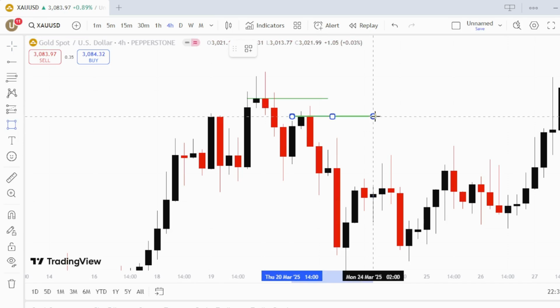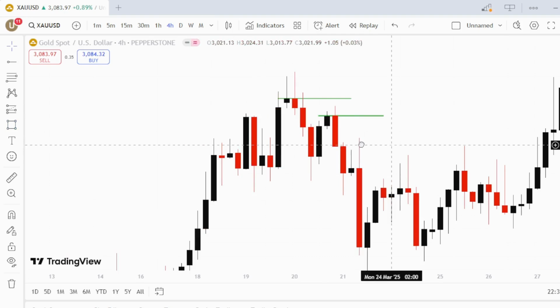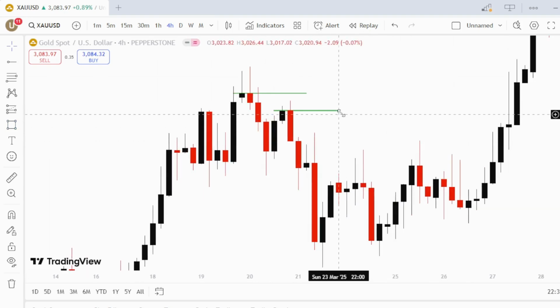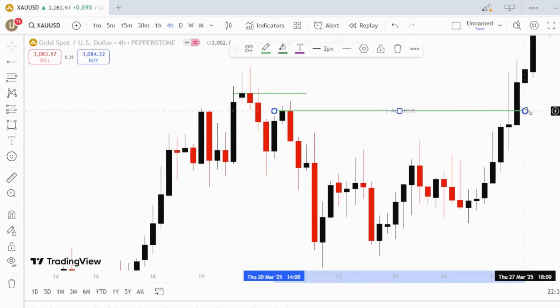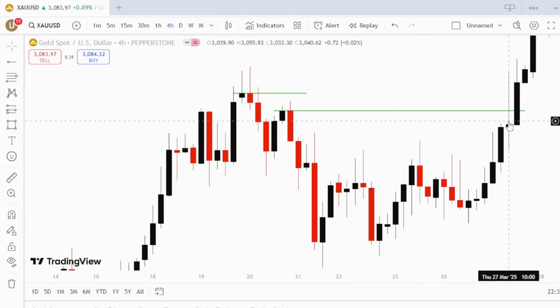This is another level. This is still a fresh level. Yeah. So if we extend it here, we see price came, struggled, the buyer pushed the price over, then the seller pushed the price down. Then by the action of this